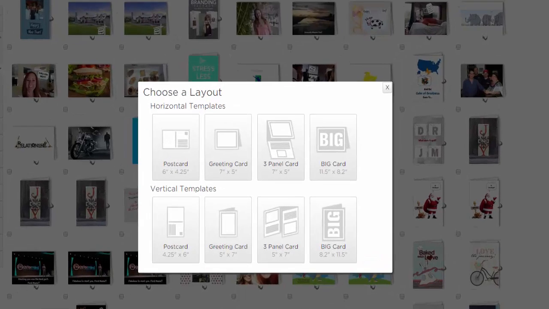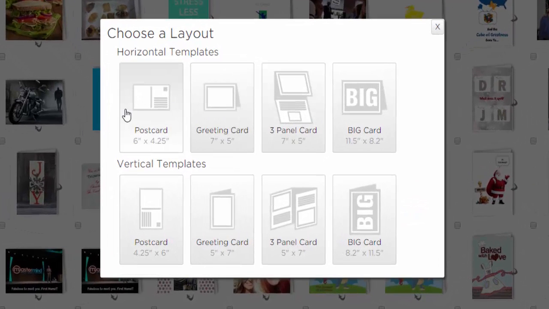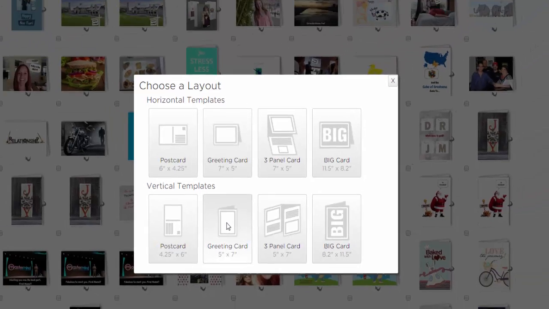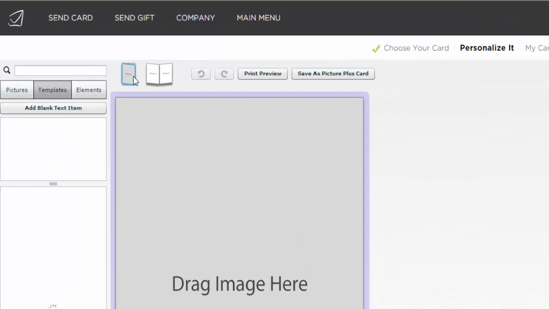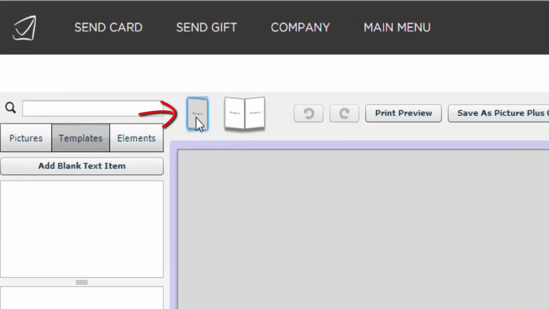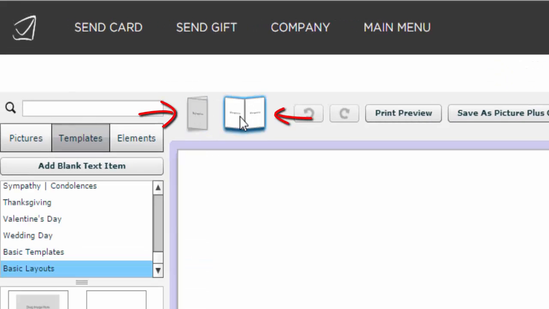2.0 card. Now it will let you choose your layout, whether you'd like a horizontal card or a vertical card, and also which format you'd like to send: postcard, greeting card, 3-panel, or big card. So I'm going to go ahead and click on a 2-panel vertical card. So now as it comes up, you'll notice we have two thumbnails at the top. One of them is to customize the front of the card, and one is to customize the inside of the